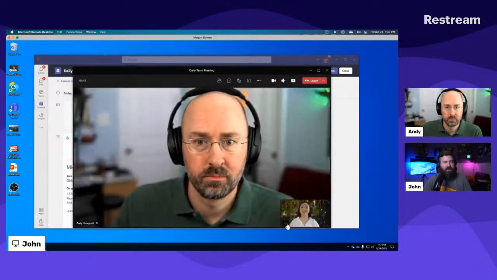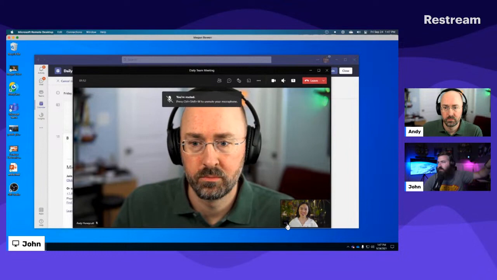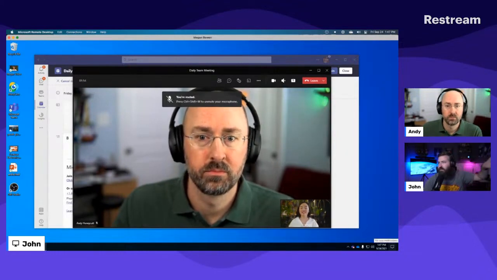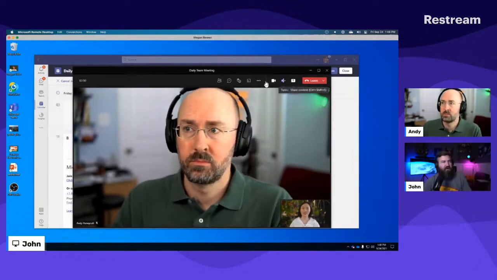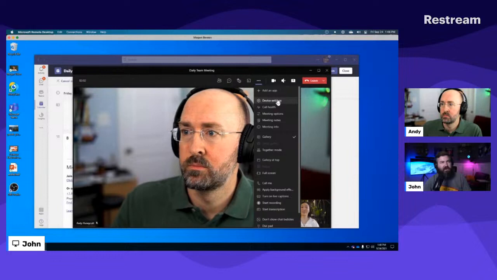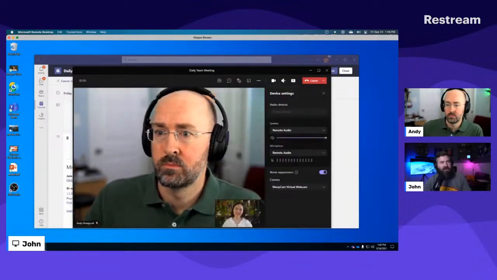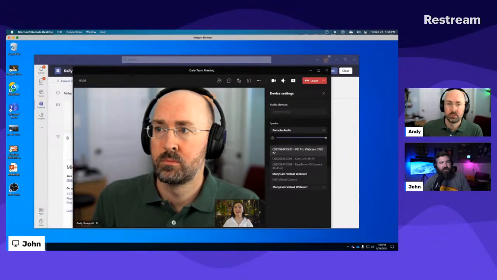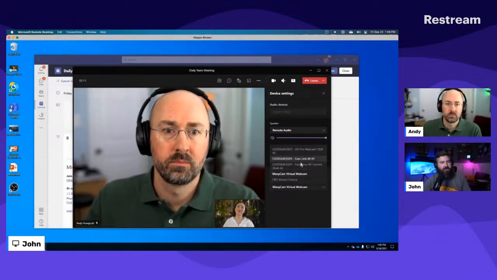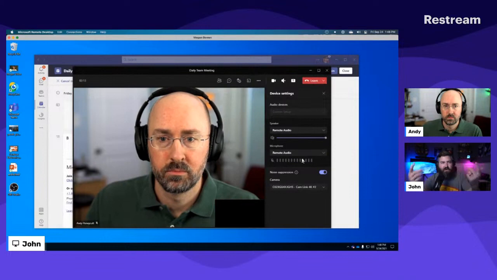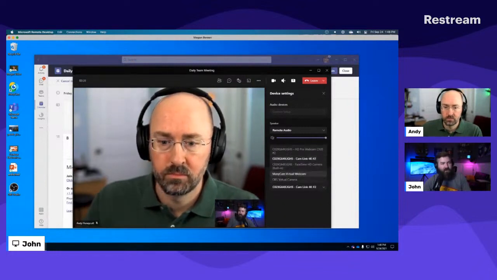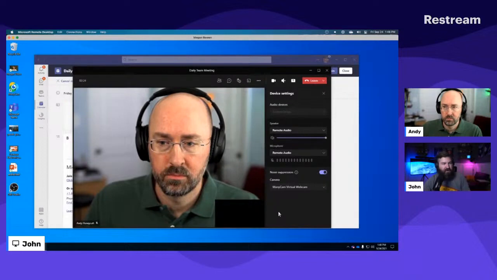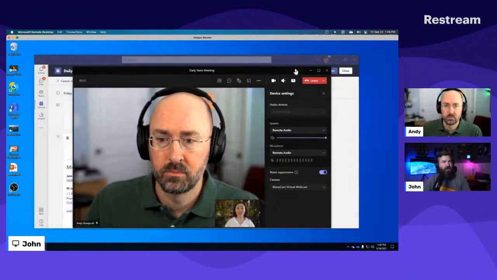Another way that she could do that is say that she had a camera pointed at a whiteboard all the time, which Alex asked in the chat. We will talk about the content capture and how that's going to be set up when it arrives. What you could also do is go into device settings right here in your Teams meeting, and then under the camera, she would be able to switch to another camera. So I can switch to this camera and you guys will see my face pop up through remote desktop, but I'll switch back to Megan. And that's one way that you can switch a camera if you don't want to do anything fancy with switchers or virtual OBS type stuff.